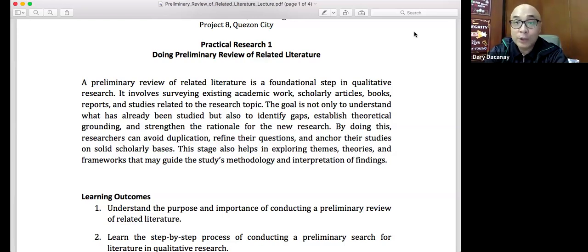When you're done with chapter one, there are other parts of chapter one which we'll be doing later on that would include the significance of the study, the scope and the limitation, and the definition of terms. So babalikan natin later on yon to complete your chapter one. But as we move along, we need to be able to do already your preliminary review of related literature. You need at least 20 journal articles, thesis, dissertation, or other references to complete your initial review, primarily for your chapter one.